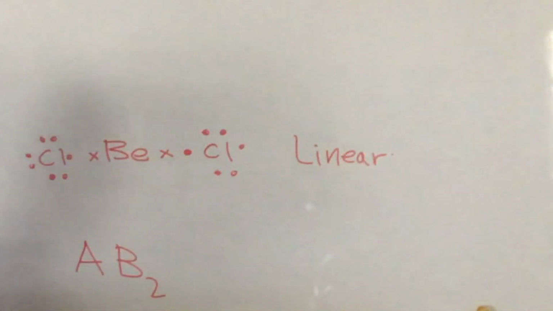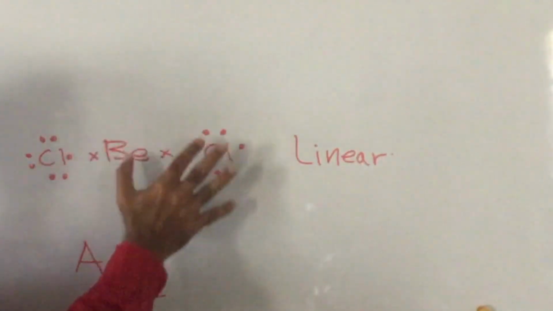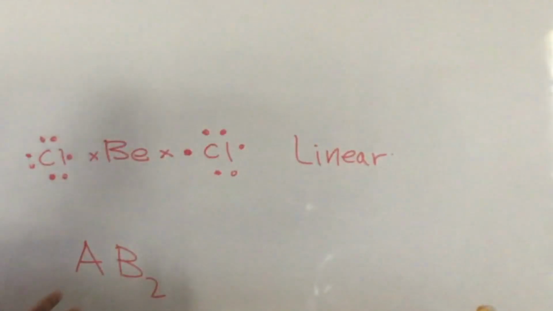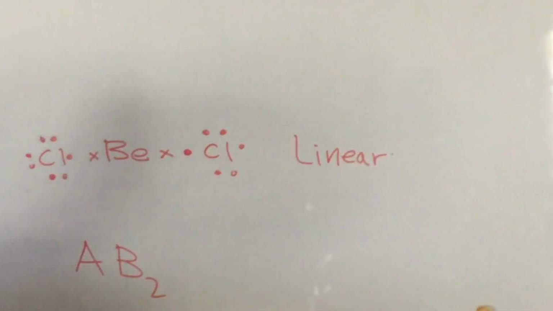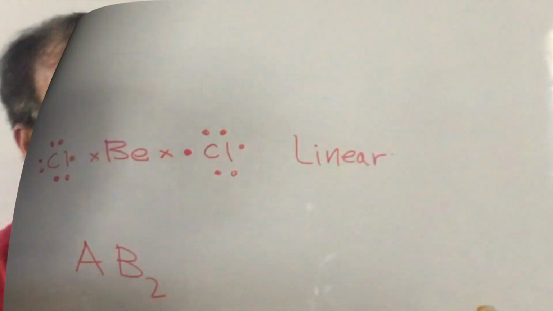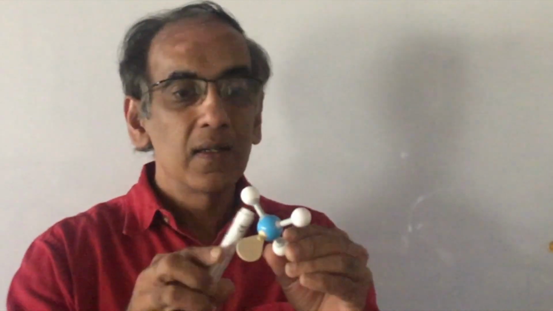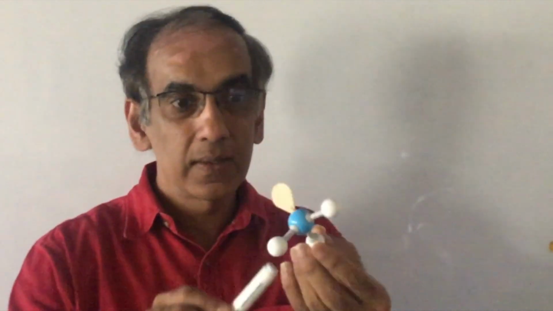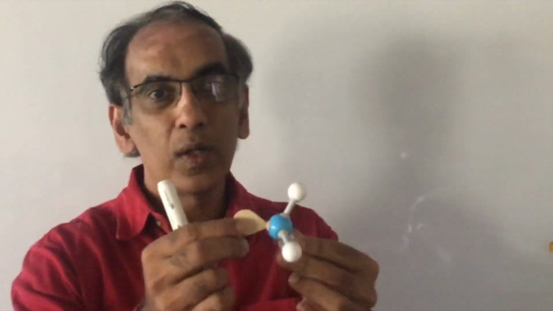Beryllium chloride, another exception to the octet rule also, because beryllium only gets 4 electrons in its valence shell, starting off with 2 and sharing with 2 chlorines, but each have 2. Beryllium chloride, 2 electron domains. Next we look at ammonia, and this too has 4 domains, 3 of which are bonding domains and 1 with